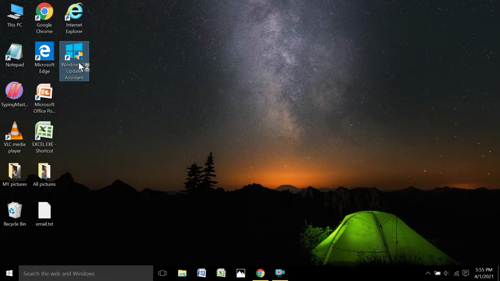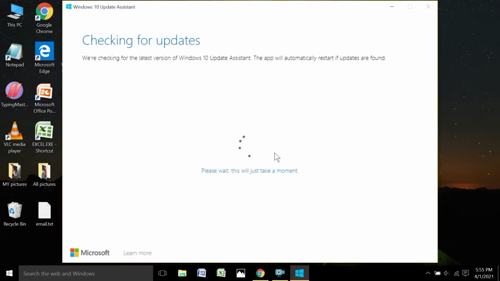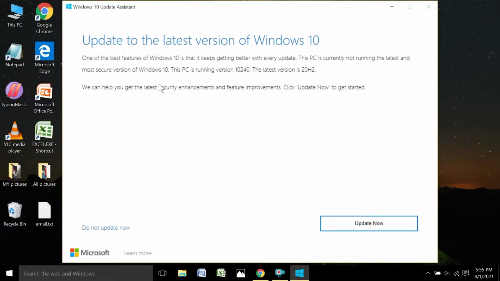Here you can see update to the latest version of Windows 10. It says one of the best features of Windows 10 is that it keeps getting better with every update. This PC is currently not running the latest and most secure version of Windows 10. This PC is running version 10240.